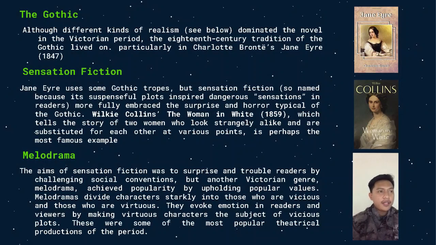Okay, the Gothic. Although different kinds of realisms dominated the novel in the Victorian period, the 18th century tradition of the Gothic lived on, particularly in Charlotte Bronte's Jane Eyre,